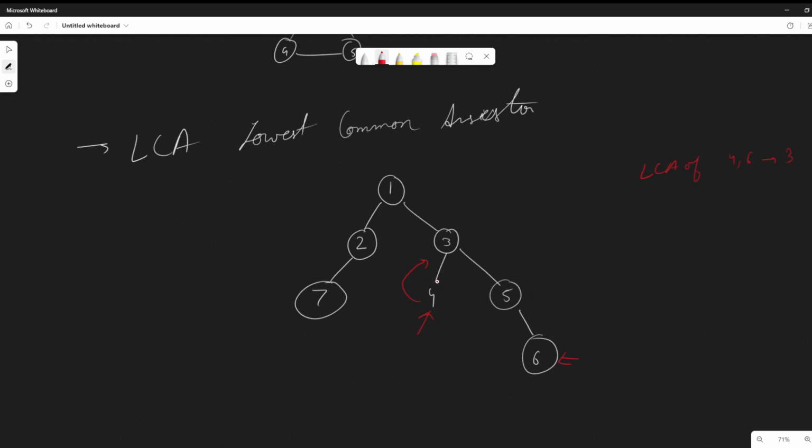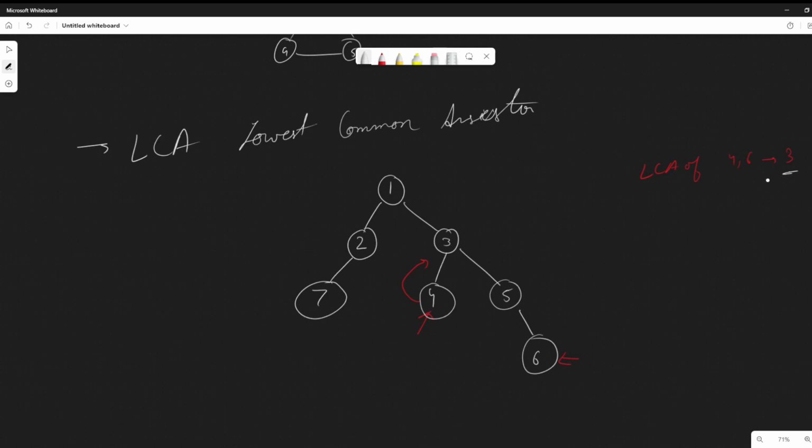So we can't put our answer as 5. The lowest common ancestor is the parent which comes first, which belongs to both of the